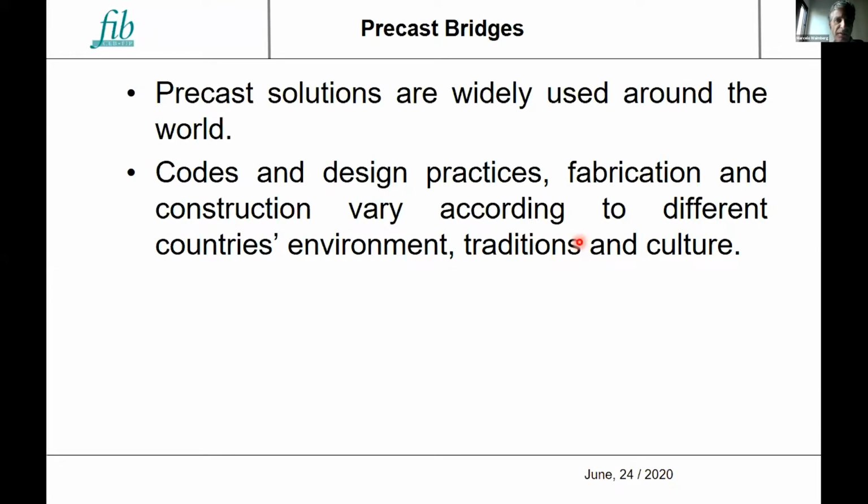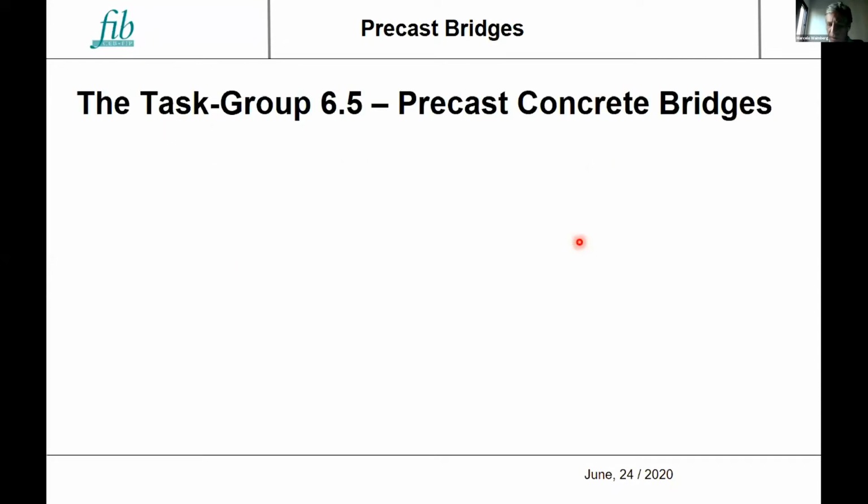In view of this, a couple of years ago, Professor Hugo Corres helped install this task group 6.5 on precast concrete bridges under Commission 6 of FIB on prefabrication.